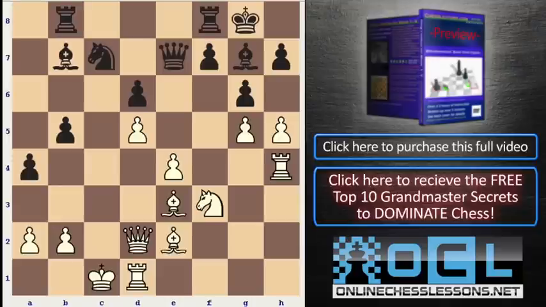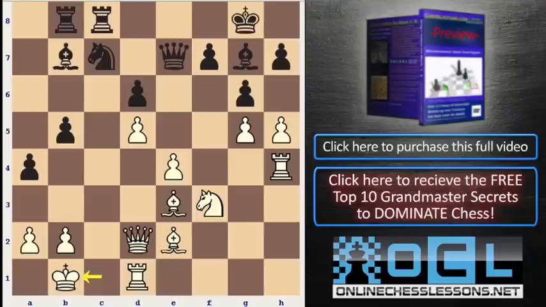So it's black's move here, and the sort of move that I was expecting black to play was rook to c8. So he's been trying to get a queenside attack going for some time. But in this position, I felt that after I play king to b1, my king would really be pretty safe from any queenside attack. And moreover, I think black would be now in a great deal of trouble, because white